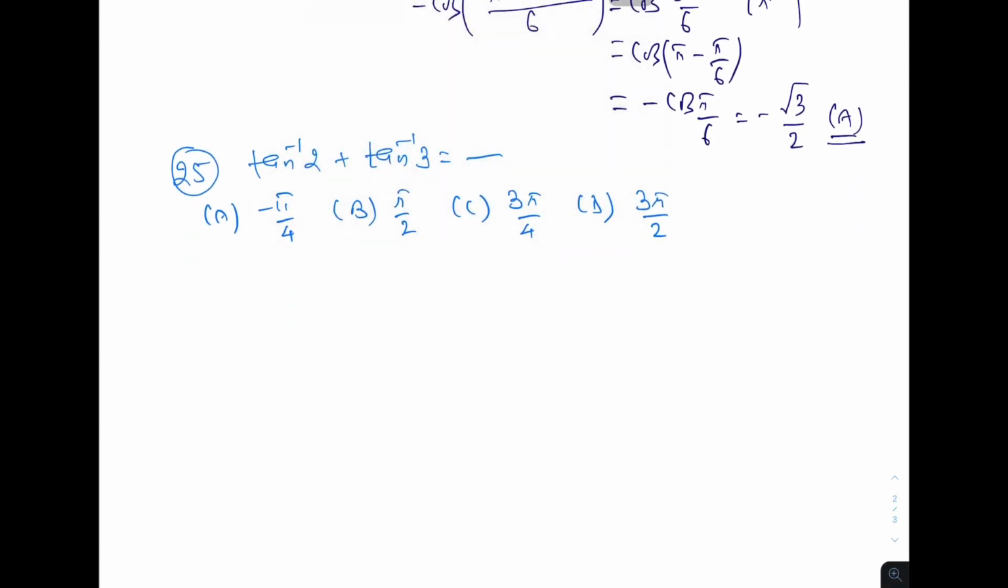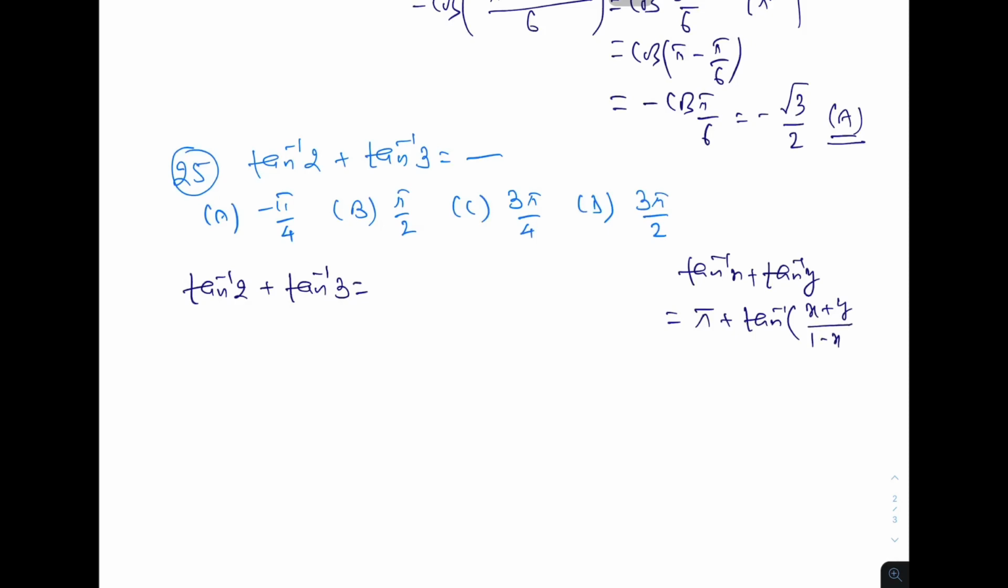So let us solve this. Tan inverse 2 plus tan inverse 3. Now we know tan inverse x plus tan inverse y is equal to pi plus tan inverse x plus y upon 1 minus xy if the product xy is greater than 1. Now here the product 2 into 3 is greater than 1. So this is pi plus